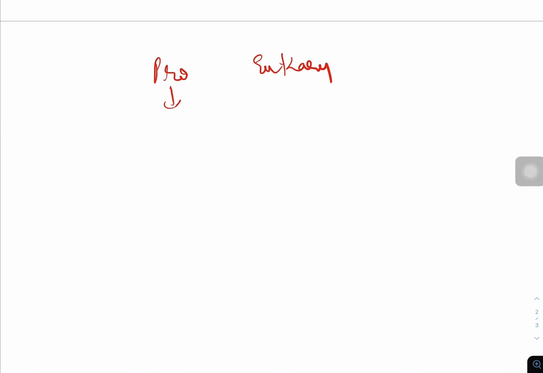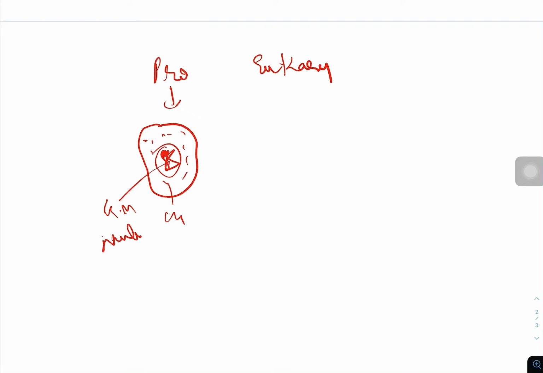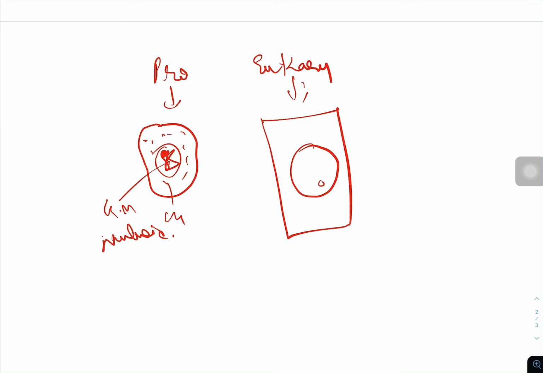Prokaryotic cells are the cells which have just a DNA freely floating in the surface of cytoplasm. This is genetic material, this is cytoplasm. It is just freely floating in the surface of the cytoplasm. Such type of arrangement is called a nucleoid. There is no well-developed nucleus. In eukaryotes, there is a well-developed nucleus. Well-developed nucleus means there is nuclear membrane, there is a nucleolus, there is a nucleoplasm, and within which DNA is